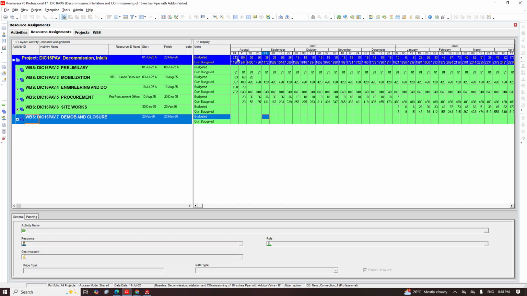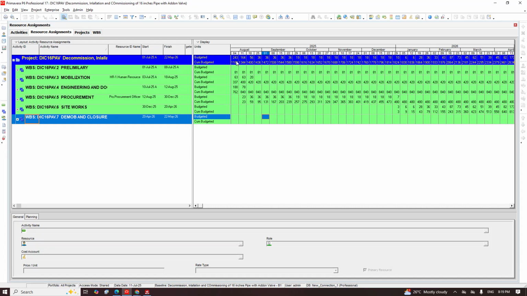Now look at what happened here. If you look at my screen, August 4th, the budgeted labor unit is 143. Then when you look at August 11, it is 164. So sorry, 243 on the 4th, and on the 11th it is 164. So now if I go under the cumulative, you will be